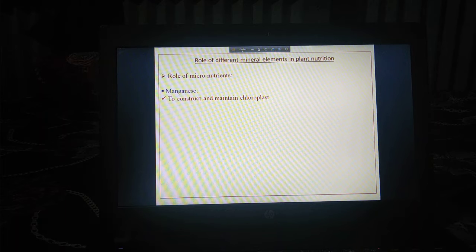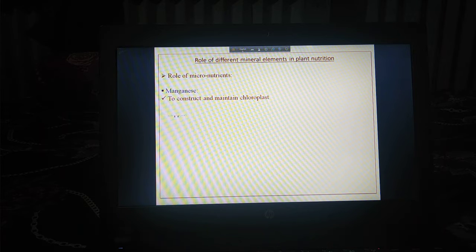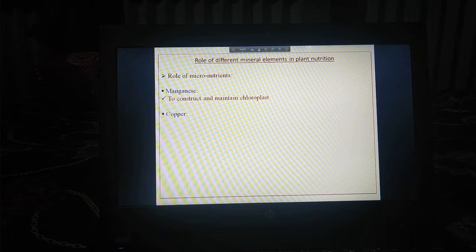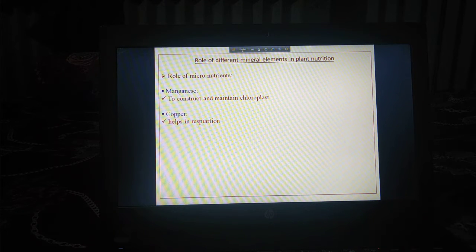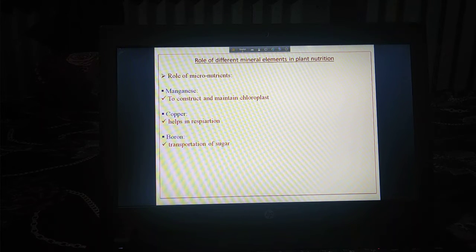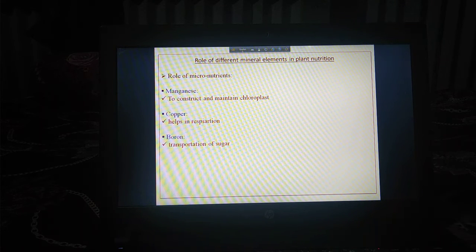First one, manganese. To construct and maintain chloroplast. Chloroplast কনস্ট্রাকশনের জন্য একটা মেইন ইম্পর্টেন্ট পার্ট হচ্ছে ম্যাঙ্গানিজ। সো তাহলে যদি ক্লোরোপ্লাস্ট ফর্ম না করলে ক্লোরোফিল থাকবে না, ক্লোরোফিল না থাকলে ফটোসিনথেসিস হ্যাম্পার হবে, তাহলে ম্যাঙ্গানিজ একটা ইম্পর্টেন্ট পার্ট হিসেবে এখানে কাজ করছে। নাও কপার হেল্পস ইন রেসপিরেশন, বোরন ট্রান্সপোর্টেশন অফ সুগার, সুগার ট্রান্সপোর্টেশনের ক্ষেত্রে সাধারণত বোরন খুবই গুরুত্বপূর্ণ একটা ভূমিকা পালন করে থাকে।